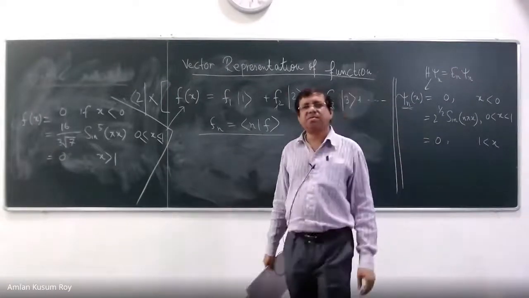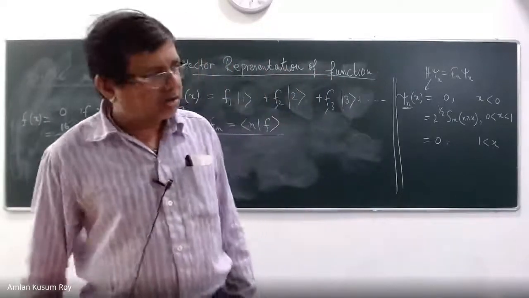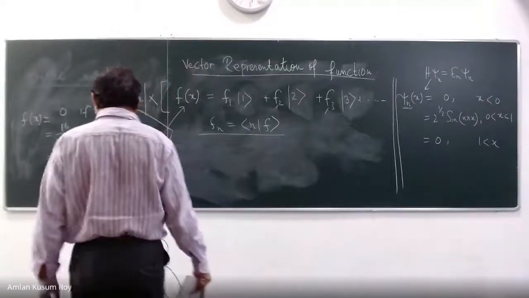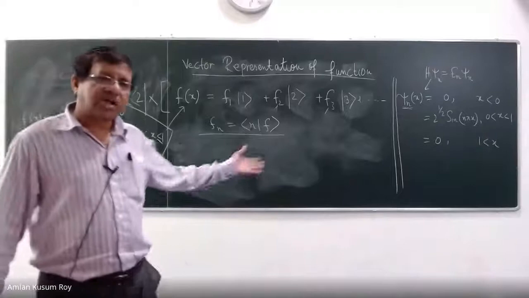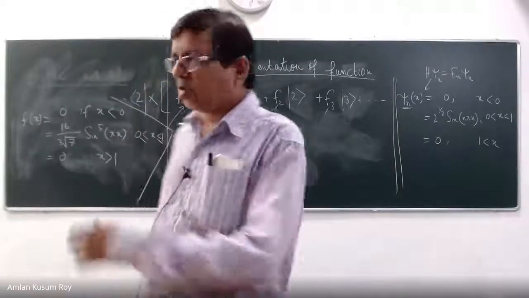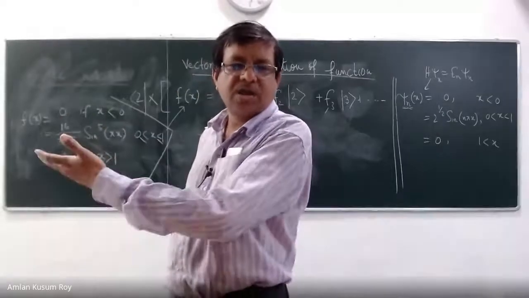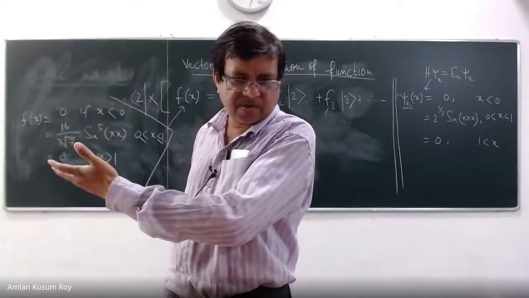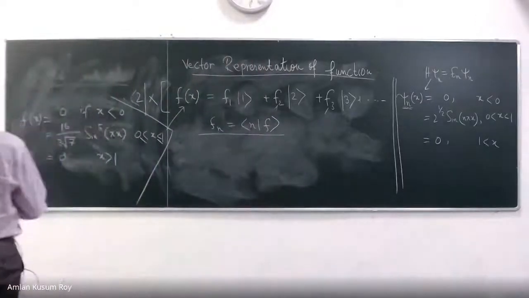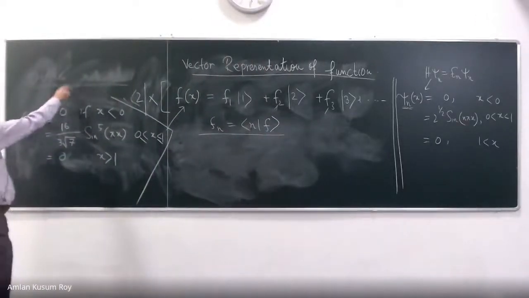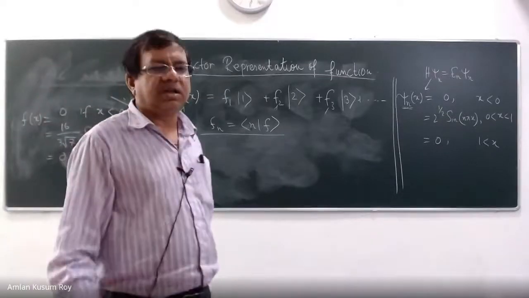The problem is known. The problem is that you want to define a function. Now the question is why you want to define this function? If I already have the function, what is the need to define it? The problem is that you do not have that function. For the ideal case, we wrote the function in the analytical form. But for realistic terms, you do not know the function. What you know is the value of the function at certain points, but you are not able to represent the function in an analytical form.